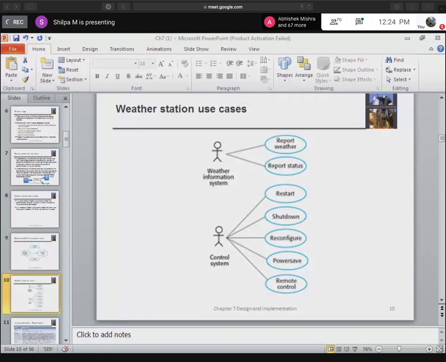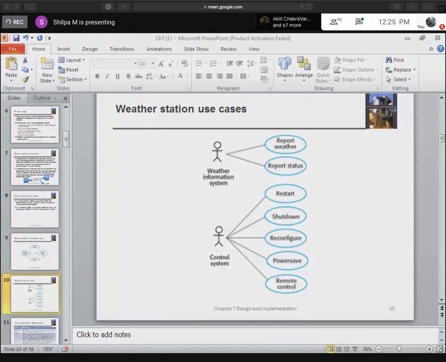So I will have a restart, a shutdown, reconfiguration, and remote control as the functionalities associated with the actor control system. Similarly, I have another actor called weather information system. This has functions like report weather and report status.